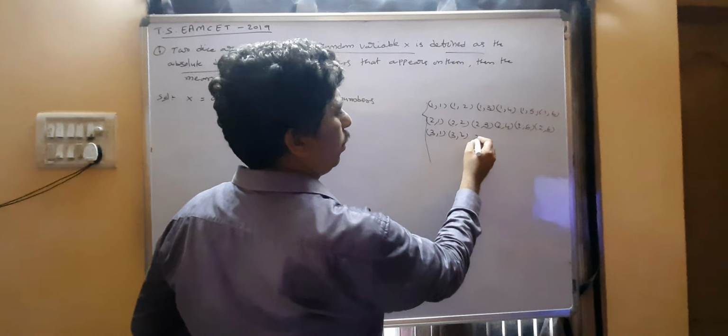You could take 1, 2, 3, 4, 5, 6 on the first die and 1, 2, 3, 4, 5, 6 on the second die. The minimum difference is 1 minus 1, which is 0. The maximum difference is 6 minus 1, which is 5. That is the reason I have taken the differences 0, 1, 2, 3, 4, 5.